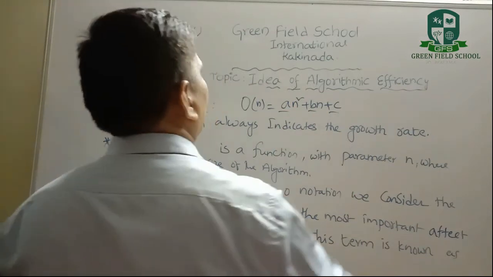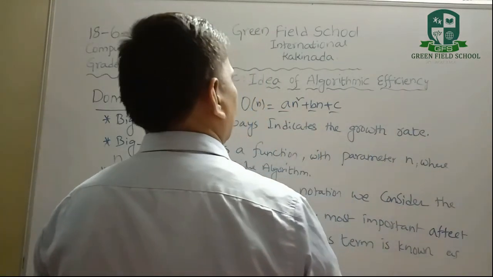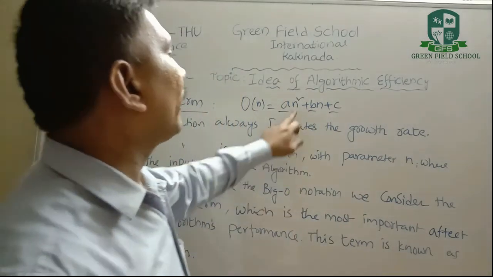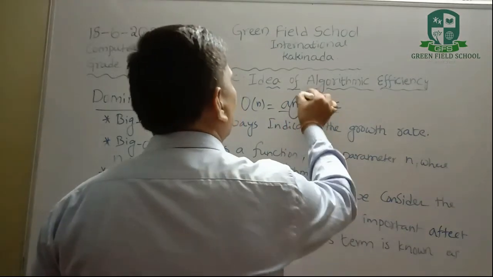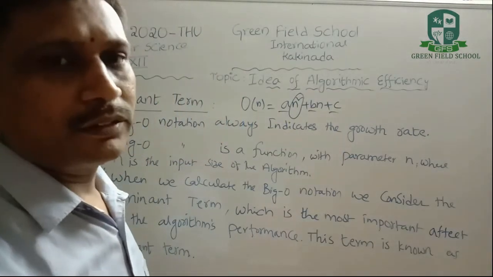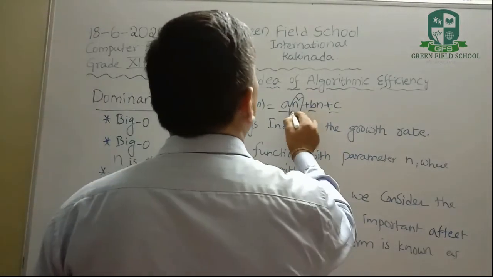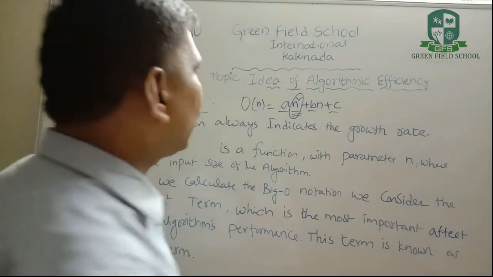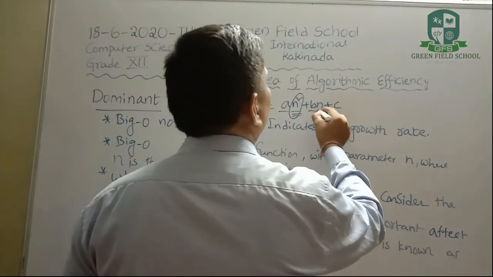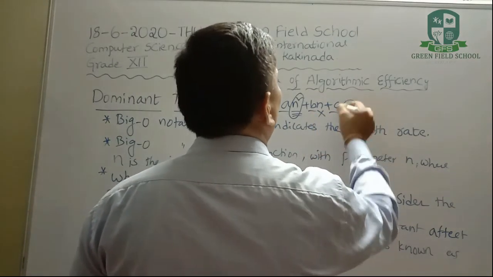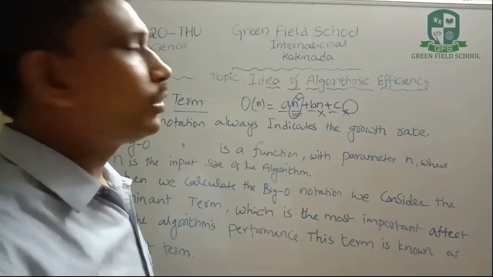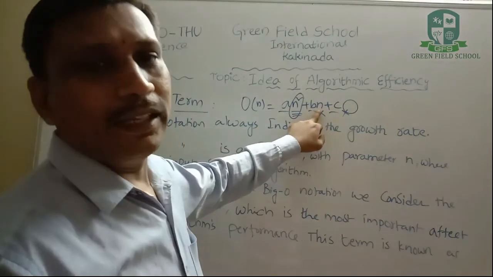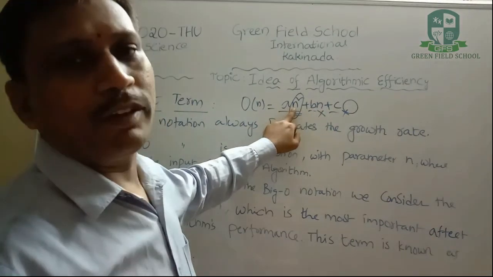So here we calculate the big value of n. The big value of n here is n square, that is the degree of n. We consider only the big value, so n square; the maximum value we consider. We neglect the n term and the constant. Here a, b, c are constants; this one is the n value, a linear term, and this one is the power term, n square.